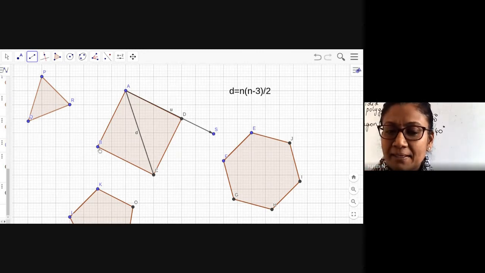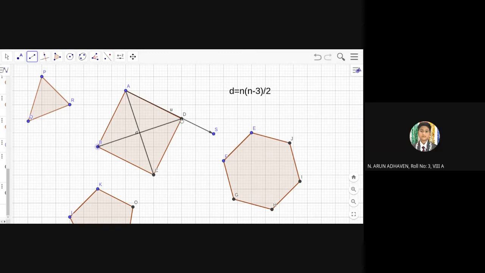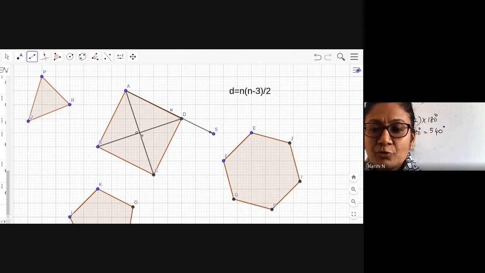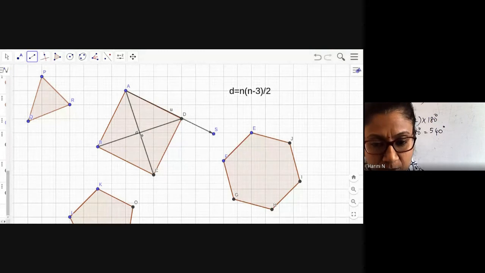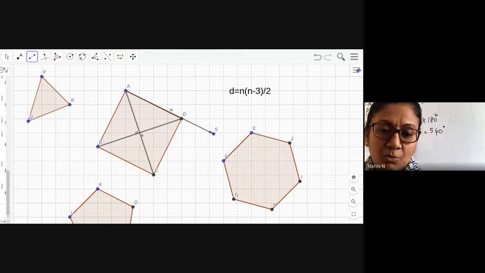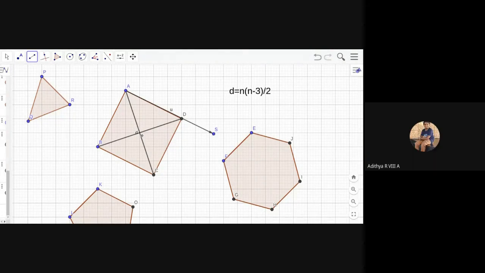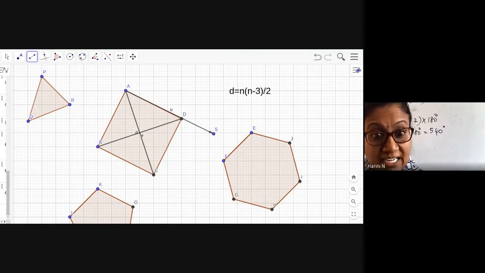What is that? Please repeat. I didn't get you. Ma'am, this formula is just a one-word formula we can write, no, ma'am. That's why I have given you the formula. It is not discussed in the textbook. I have given it to you. That's why I'm discussing this. Arun, please write this down. Ma'am, while writing this question, can we write this formula in the notebook? Yes, you must write the formula as well as draw the diagram. That's why I'm struggling here. Right? Yes, ma'am.